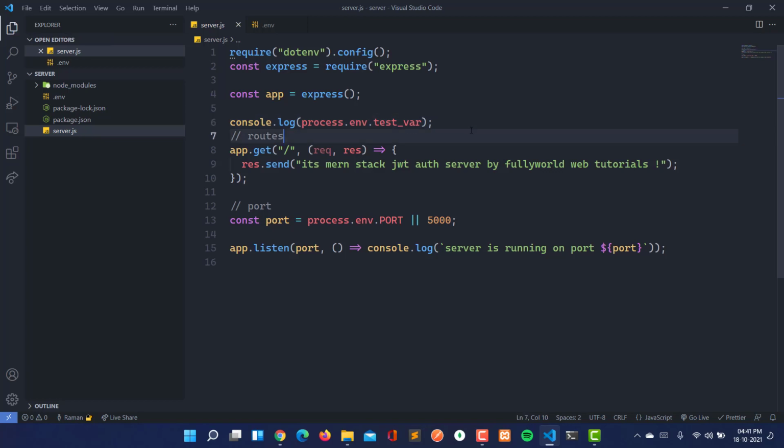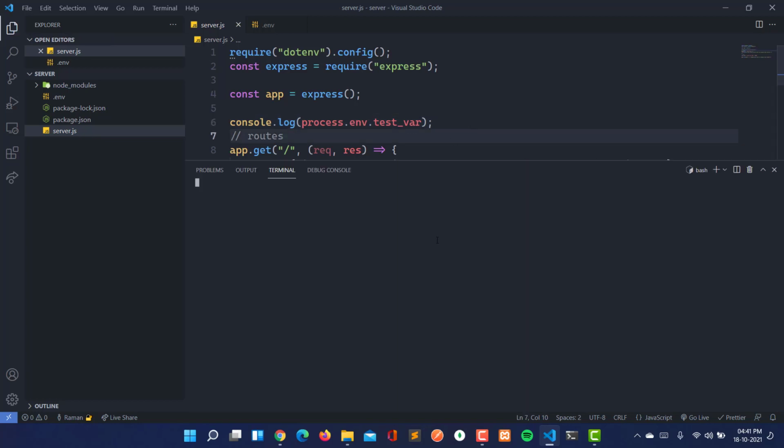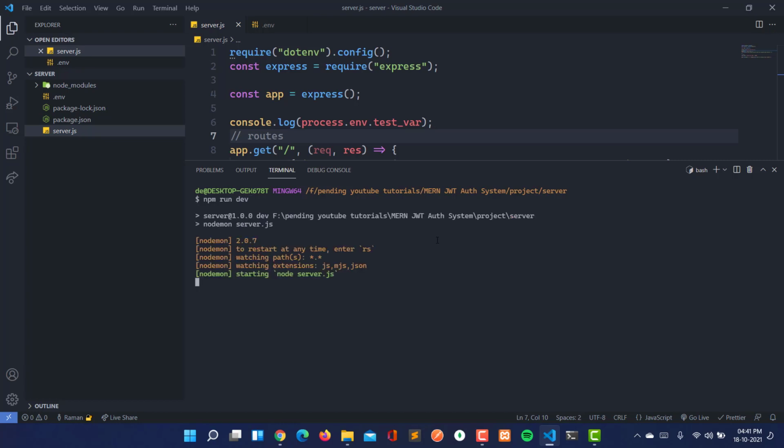Now just save it, and let's open the terminal and run nodemon, or npm run dev. Now see that we are getting working here. So this is process.env.testvar, and we are getting working.